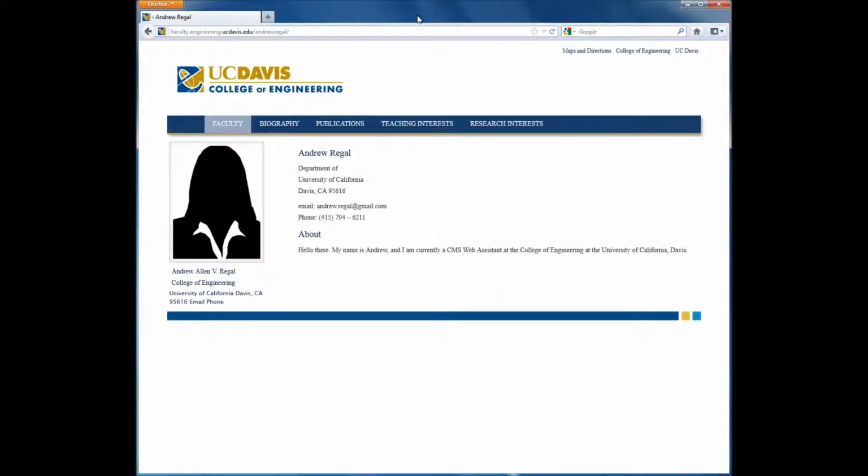Hi there, today we're going to be going over how to use WordPress as a content management system for your faculty.engineering.ucdavis.edu website. To get to the login page, you must first navigate to your website, which will be, as you